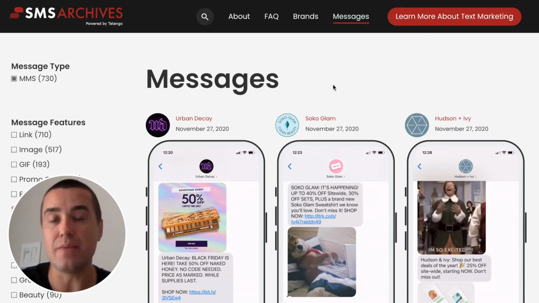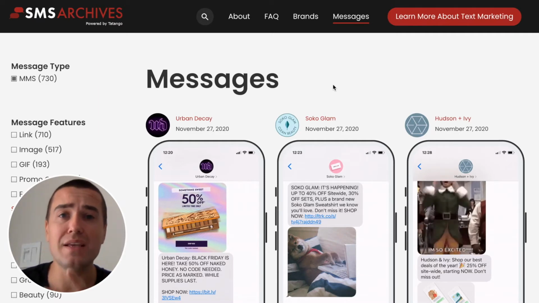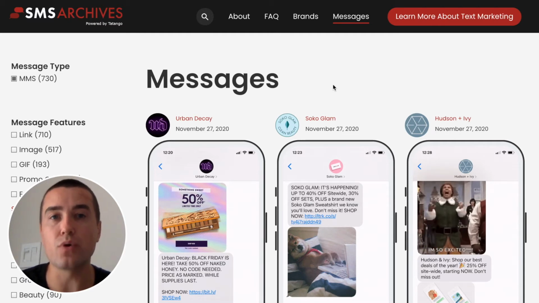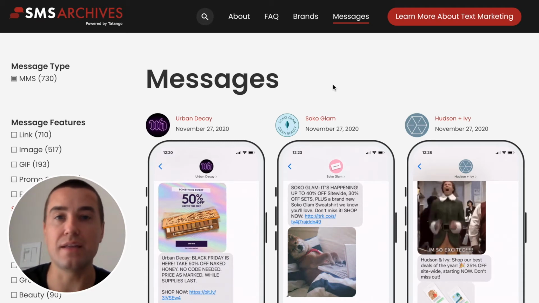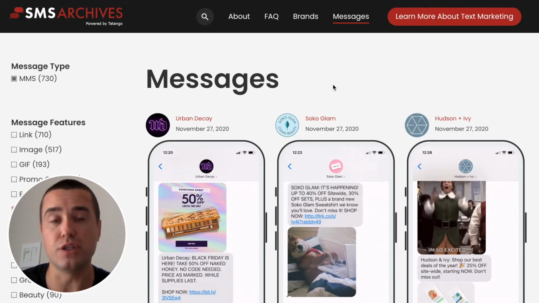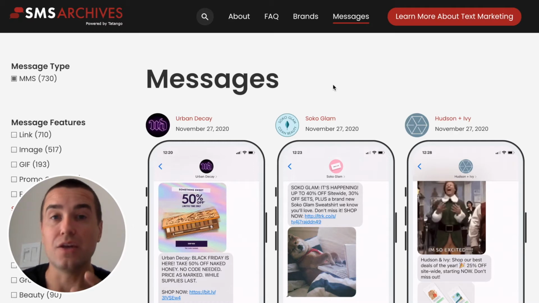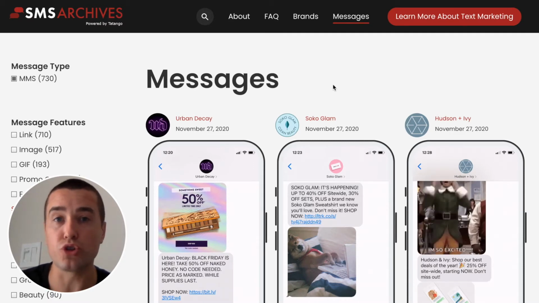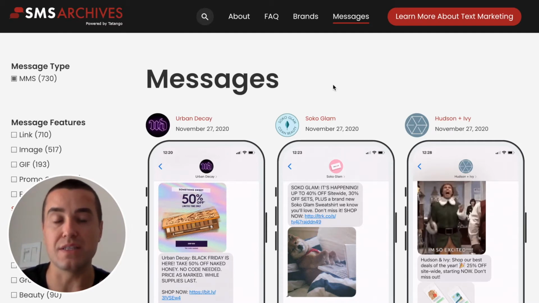The reason these images are blurry most of the time is because the brand is uploading the wrong size of image. So I'm going to link below to a quick PDF that we threw together last minute that essentially outlines the specifications for vertical, horizontal, and square images so that if you're a brand, you can fix this issue ASAP and start sending clear, crisp MMS messages. It's relatively simple, so definitely worth doing. And it'll have a huge impact on your ROI if customers can see the image, if they can read the text in the image. That's super important.